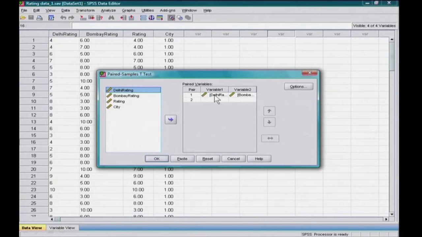You will have different pairs: pair of variables, variable 1 say before test, variable 2 after test, or as in the previous question, IQ before training, IQ after training. That can be compared, and then some more options, and the moment you click it, it will give you the T calculated value, the tabulated value, and then you can decide whether the differences are significant.